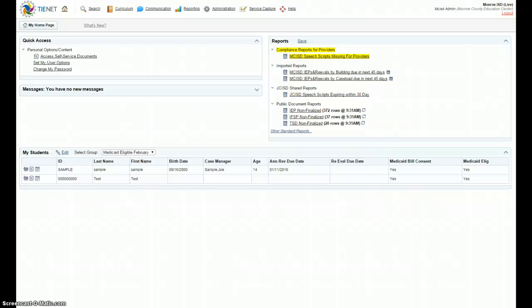This video is for targeted case managers to document in Service Capture. Remember, targeted case managers are documenting services for students who are under the age of 21 who receive an additional ancillary service that is considered medical in nature, such as speech and language therapy, occupational therapy, physical therapy, social work,